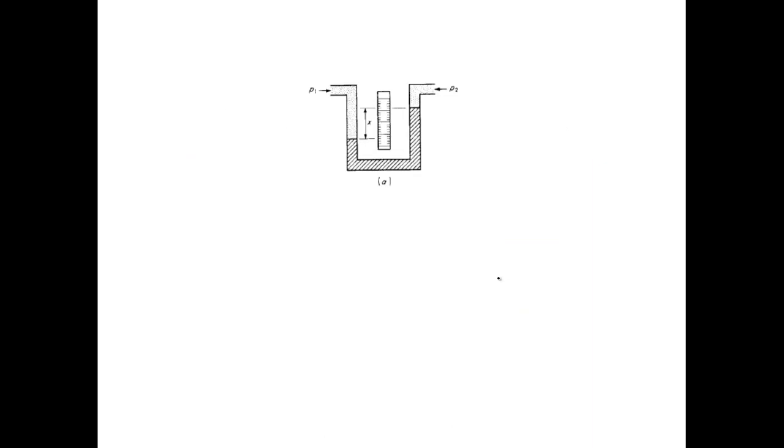Now an example to demonstrate this fact is a manometer, which is used to measure the pressure difference between two streams, or pressure difference between two ends, or between two chambers of gas or liquid or any fluid. So this is what we get if P1 is greater than P2. This is what we get as height, and we discussed that P1 minus P2 is equal to rho gh, or rho gx in this case. So this is very simple.